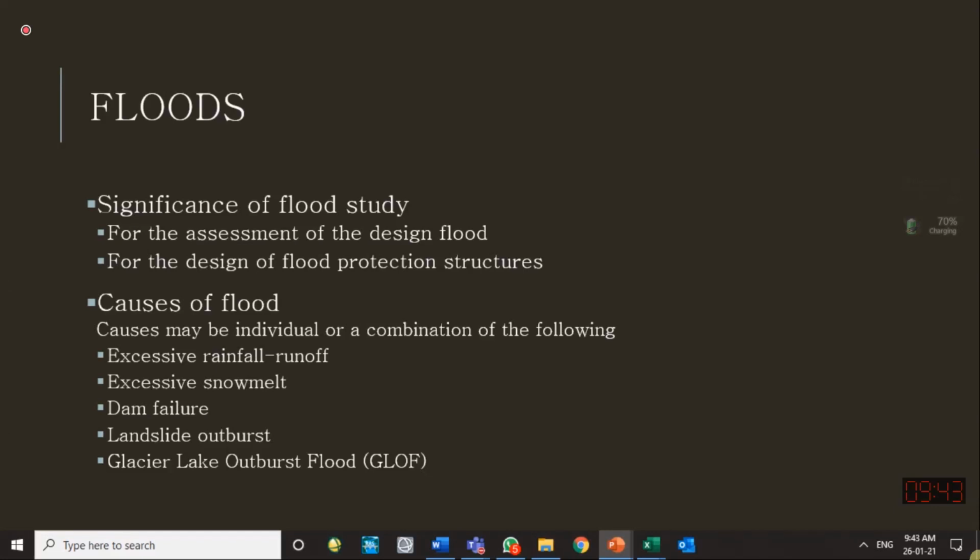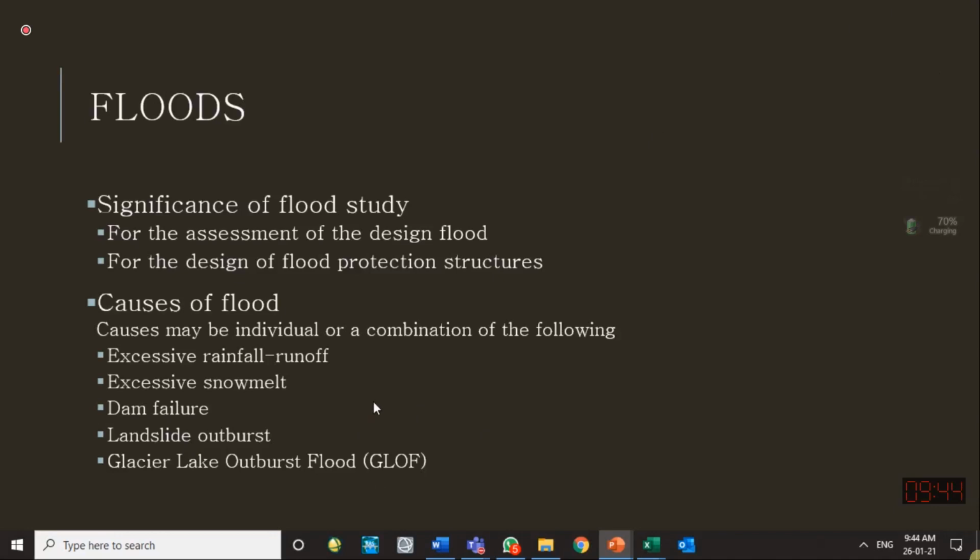Usually for bridges and barrages, we select the return period method, that we will design this bridge for a flood of 50-year return period. Means we will be designing this for a flood which is expected to occur once in 50 years. And if I select 100-year return period, it means I am designing it for that flood which is expected to occur once in 100 years. Usually we don't have the 100-year or 50-year data. So flood frequency analysis helps us find floods of higher frequency or higher return period. So that will be informed to you over here.